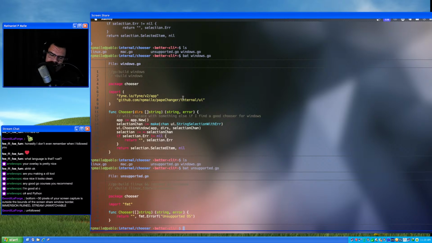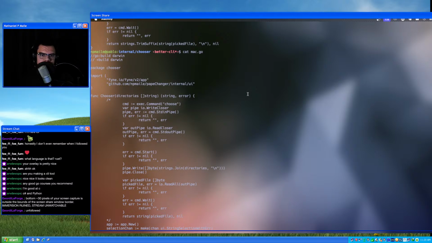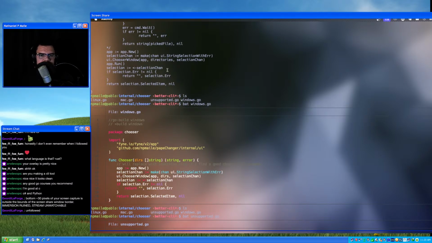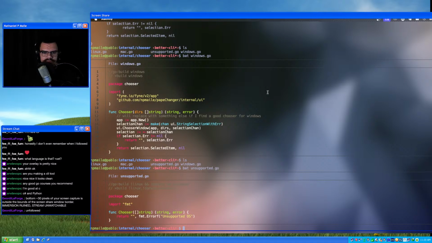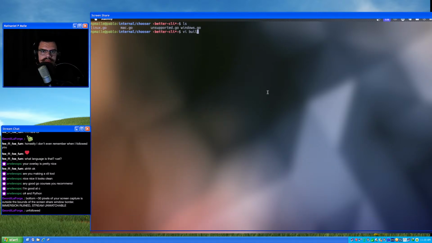Yeah, I suppose that's it. And these are identical, so all those, I'll say built-in.go.